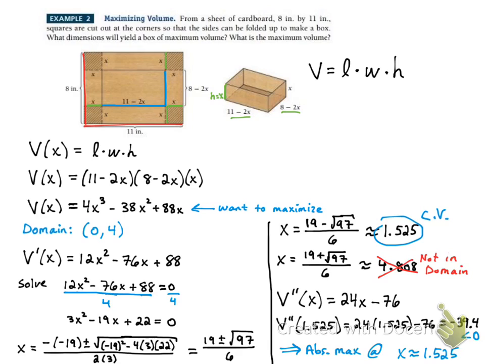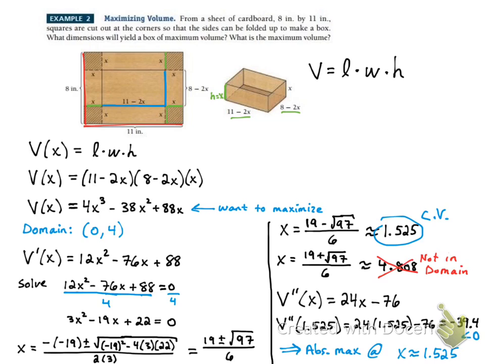So the question asks us what dimensions will yield a box of maximum volume. So what size squares should we cut out of the corner of the sheet of cardboard to get the box of maximum volume? So we should cut out squares with side lengths approximately 1.525,